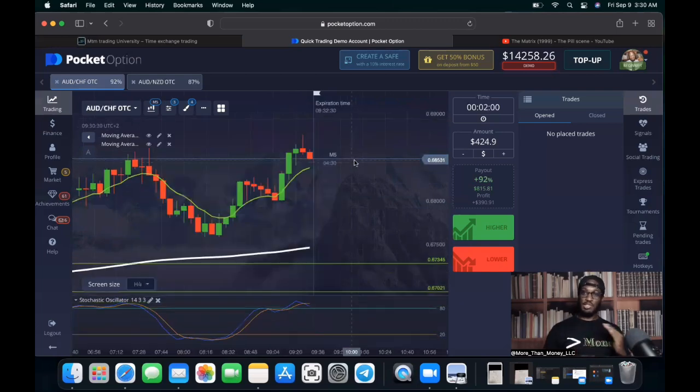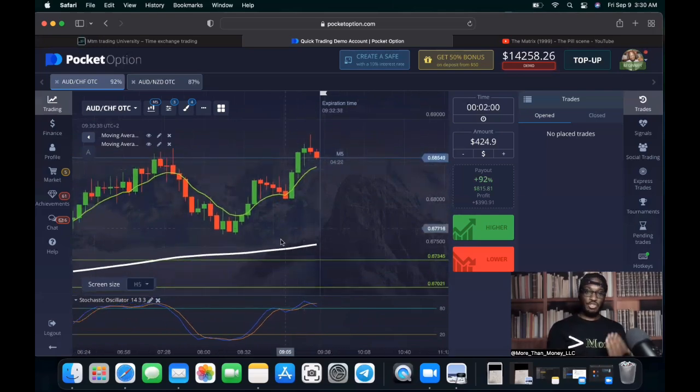Because it's moving in upwards movement, I'm gonna be taking calls. I want to wait for the right time to be taking calls. Now we're on the 5 minute chart. I still see that we're far away from the EMA, so I'm not worried about that pulling price.